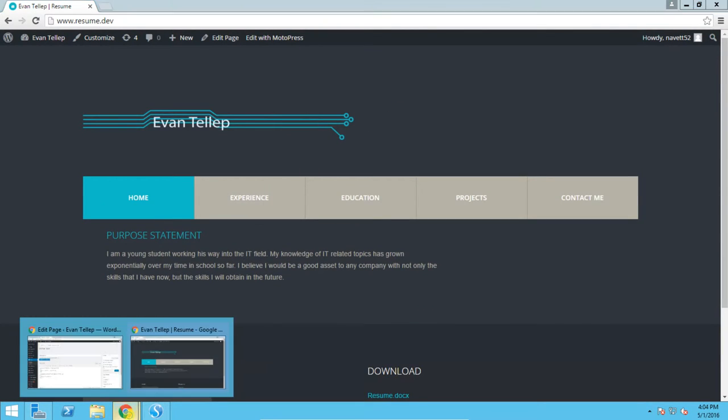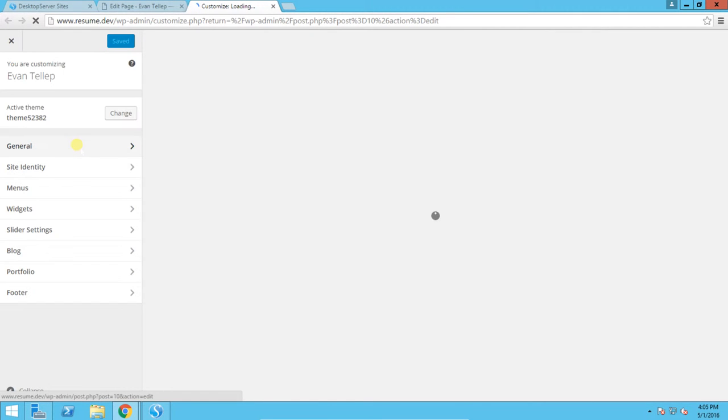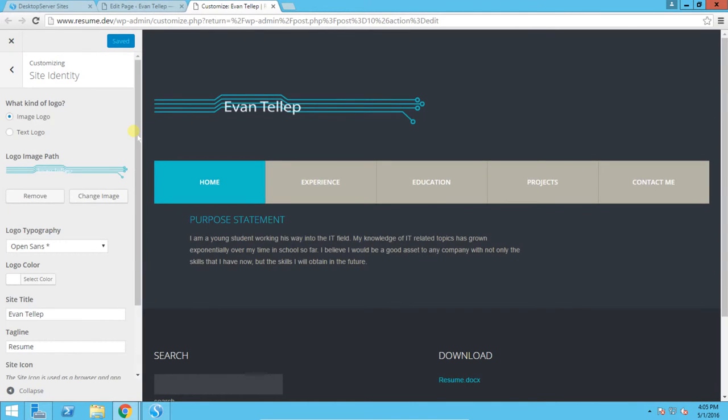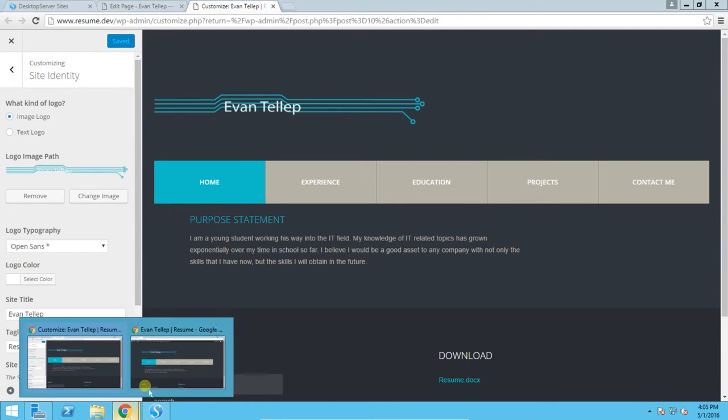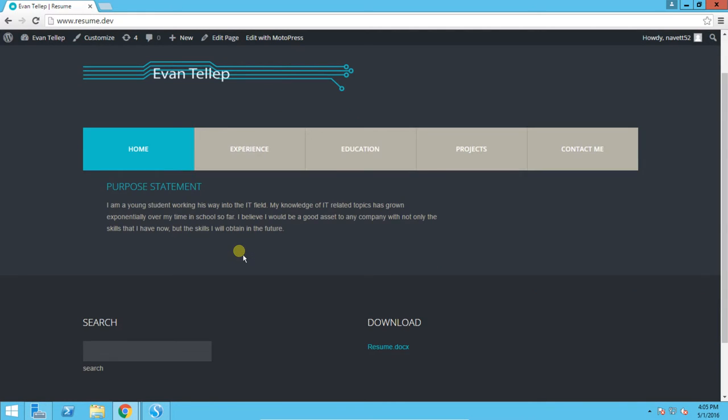That was pretty easy to put up there, because if I go to Appearance and then Customize, there was a small area for my Site Identity tab that'll pull up here in just a second, and it let me upload my image really easily, so that wasn't too much trouble. So as you can see, right here is that little area. The next thing that I did is